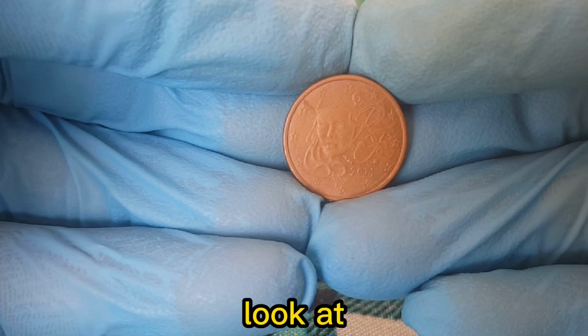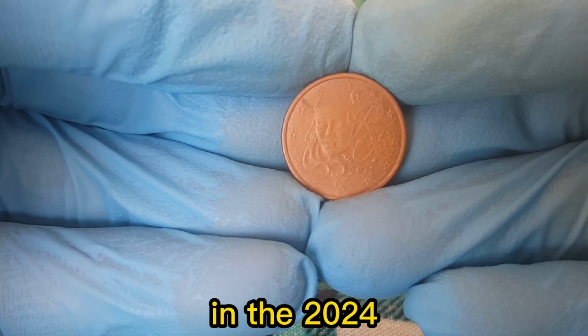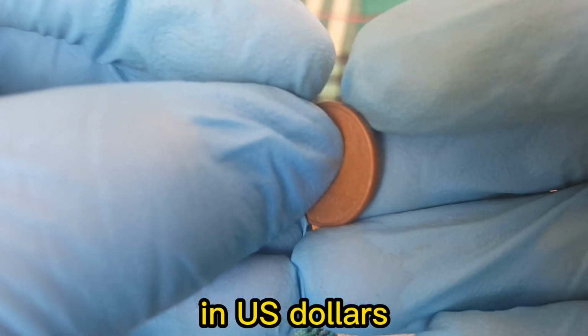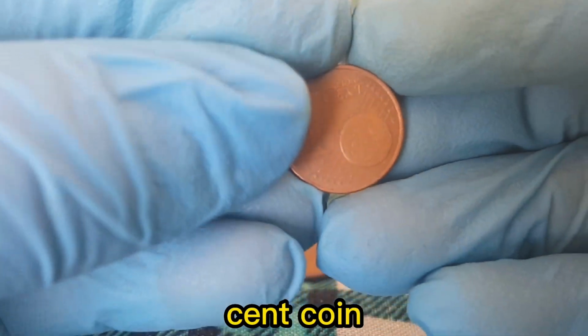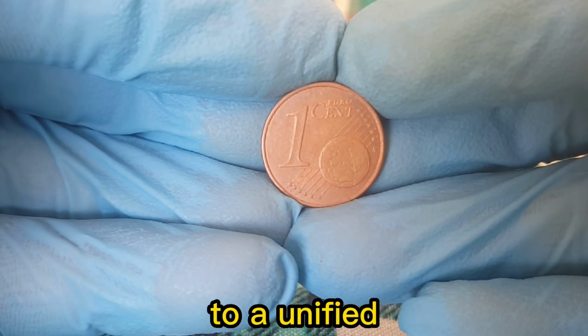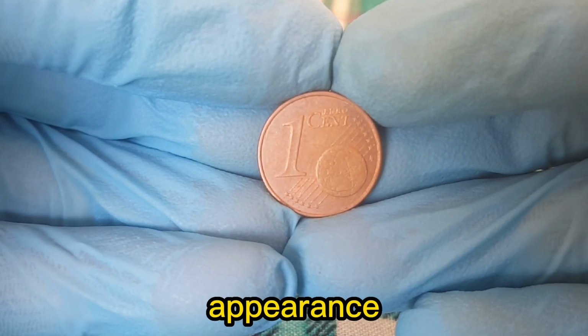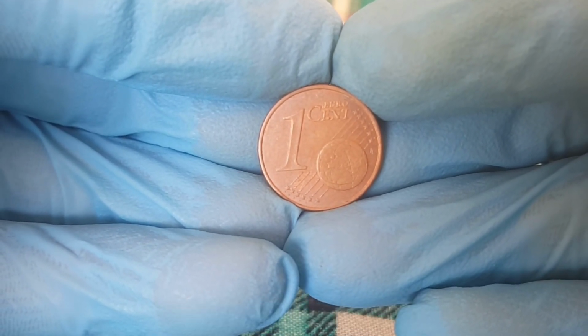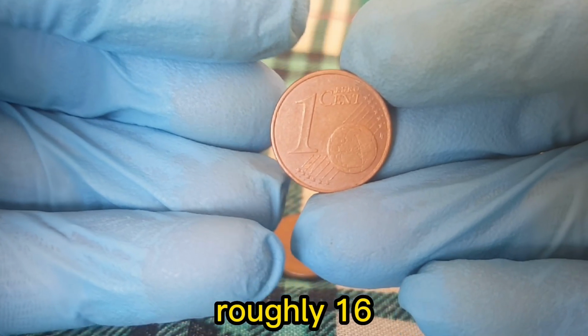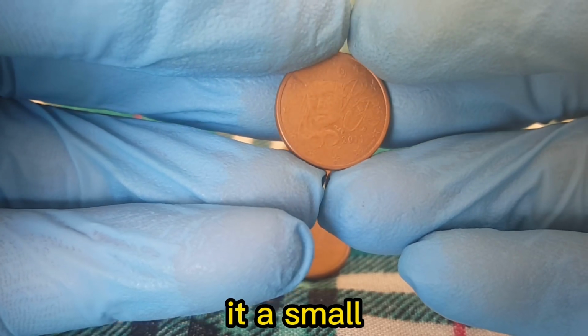Let's take a detailed look at what makes the 2011 1 euro-cent coin special and what it's worth in the 2024 market, quoted in US dollars. The 1 cent coin was introduced in 2002 as part of the Eurozone's transition to a unified currency. It's made of copper-plated steel, giving it a bright reddish appearance that stands out from other coins. This coin measures roughly 16 millimeters in diameter and weighs about 2.3 grams, making it a small but durable piece